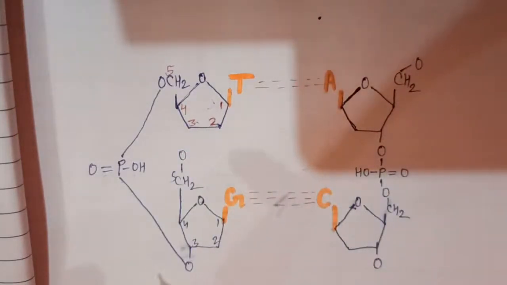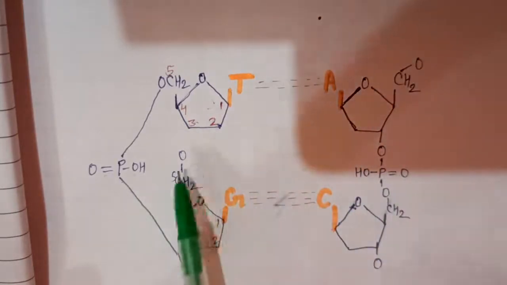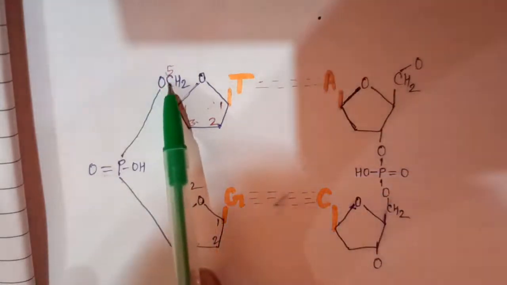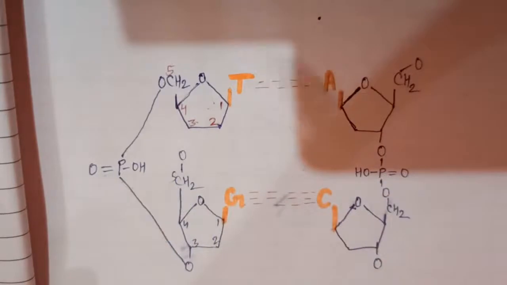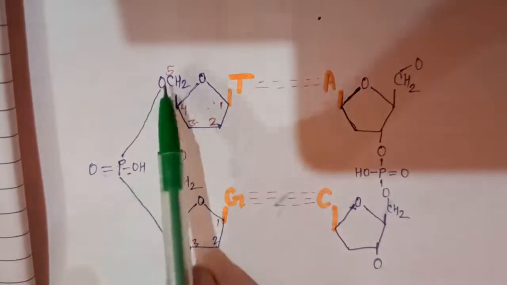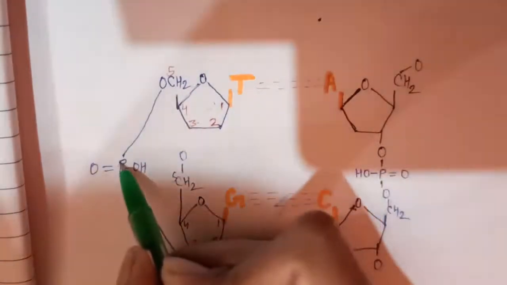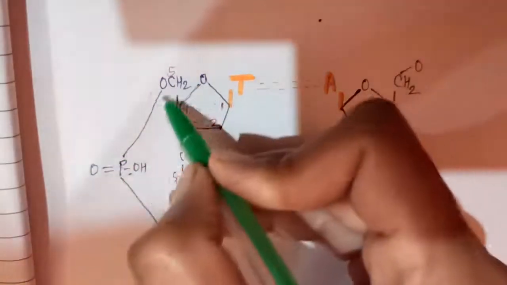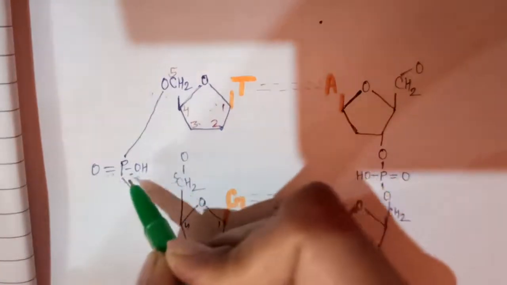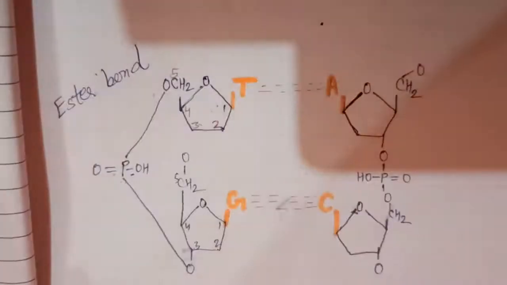Okay, now how is another nucleotide chain attached with this chain? So let's understand it. Here, on the 5th carbon, this phosphate is attached. I told you about this earlier also, that phosphate is always attached at the 5th carbon of sugar. So you see here, this is the 5th carbon of sugar and phosphate is attached with it. Okay, and the bond with the help of which this phosphate is attached here with the carbon is called ester bond. This is called ester bond, right?